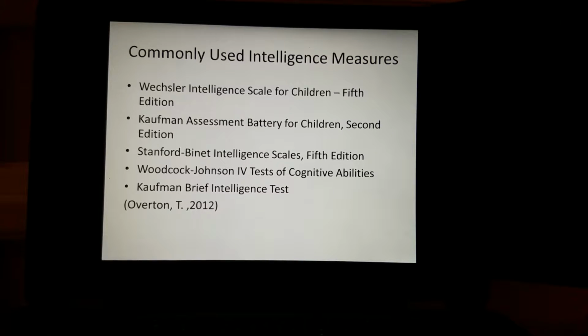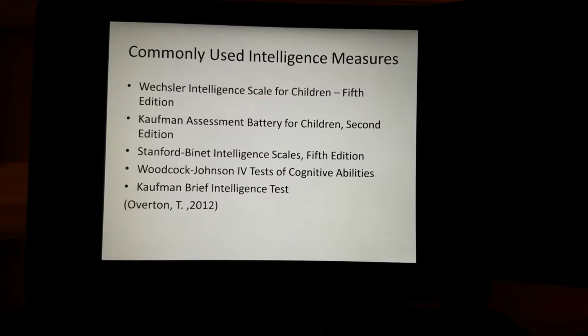Some commonly used intelligence measures would include the Wechsler Intelligence Scale. That's used for 6-year-olds through 7-year-olds, if I'm reading that correctly, or just before the age of 7. It's a full-scale IQ score. It provides that. It has a general ability index and several indexes for processing scores. So you can look at some different areas to get additional information